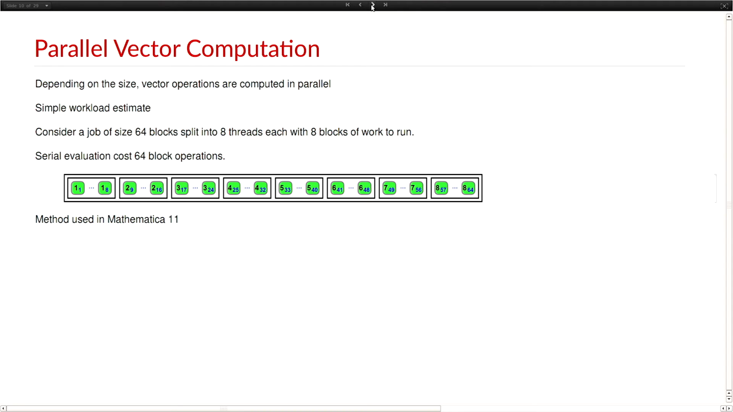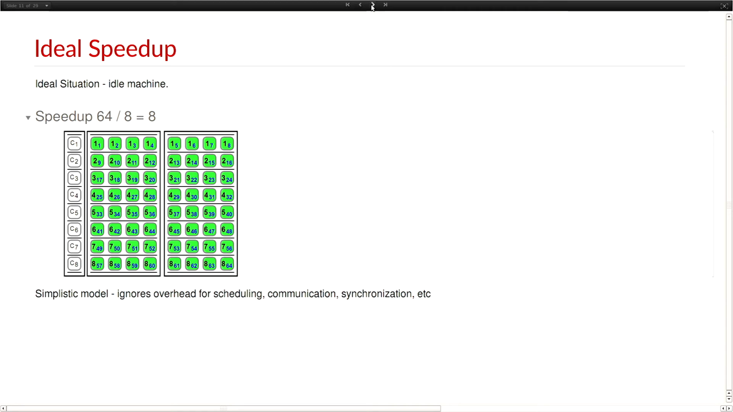So let's look at a little bit of the work we've been doing to improve parallel computation. Okay, in parallel computation, there are very different ways of scheduling jobs. Okay, I'm only going to look at vectors. So let's take a vector that has, say, 64 blocks. Okay, I'm going to chop it up into pieces. Each piece has eight blocks of computation in it, and I'm going to give those pieces off to a multi-core